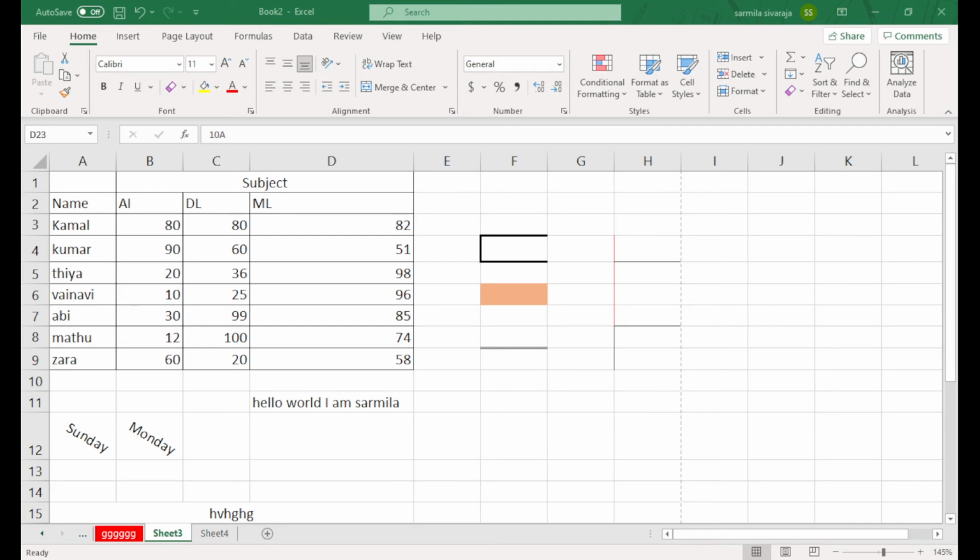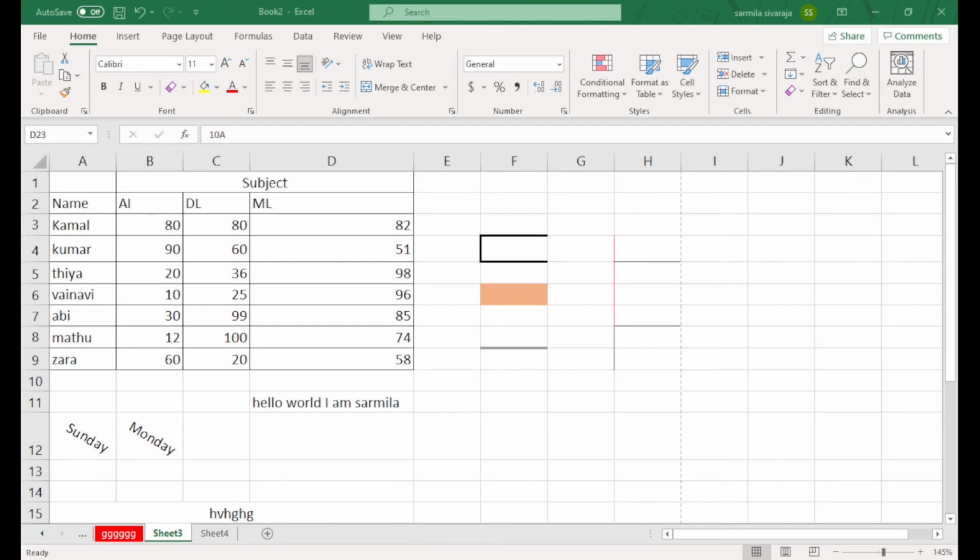Yeah, sure. Sorry. Yes, we can protect. When you need to edit, you need to unprotect your sheet first.